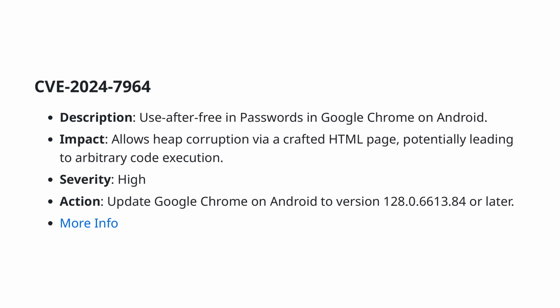The current slide focuses on CVE-2024-7964, which highlights a significant vulnerability affecting Google Chrome on Android. This vulnerability, categorized as a use-after-free issue in the handling of passwords, can lead to heap corruption through a specially crafted HTML page. The severity of this vulnerability is assessed as high due to its potential to enable arbitrary code